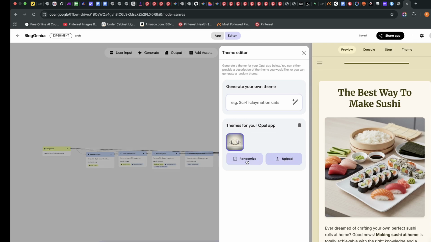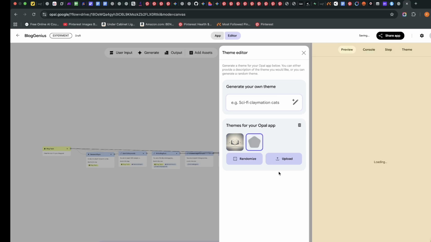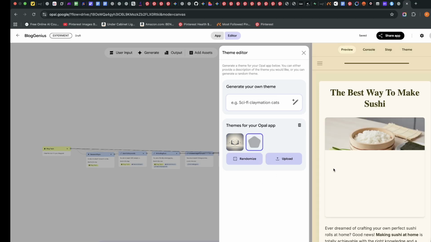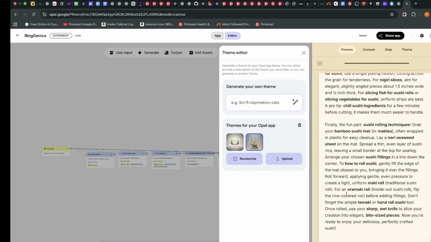Let's say you don't like this theme. You can change the theme from here. Randomize is going to randomly change that. I'm not going to wait for that to happen. I'll just X out of that if I can. It appears I can't, but you get the point. So that's how to create a tool using Google Opal. I advise that you use this to the best of your abilities. The change here is not very prominent. You can generate your own theme using AI, and it's going to generate, and you can see it on the